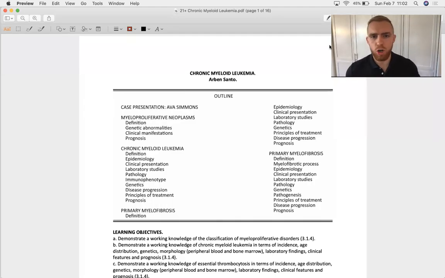Hello, let's talk about chronic myeloid leukemia and other myeloproliferative diseases. I want to start by defining a myeloproliferative disease. Any myeloproliferative disease is technically a neoplasm, so it's a clonal proliferation of cells. Where is it? It's in the bone marrow. That's what myelo means. So it's a stem cell disease and it's neoplastic, therefore it's lost all regulation and nothing